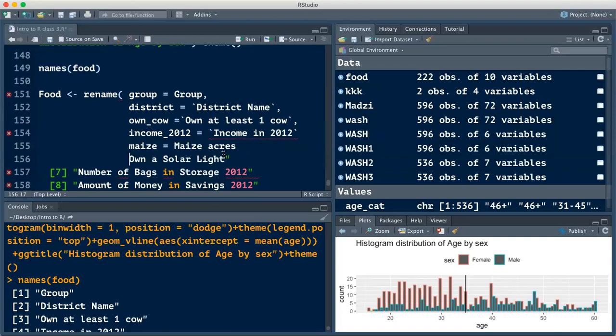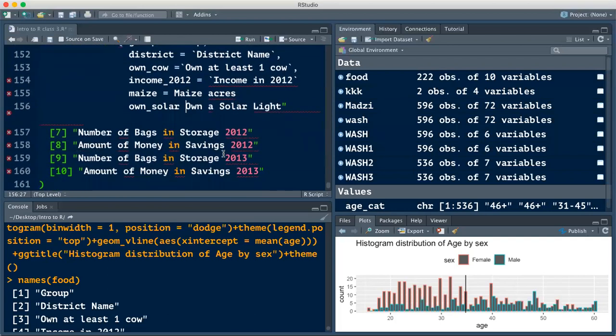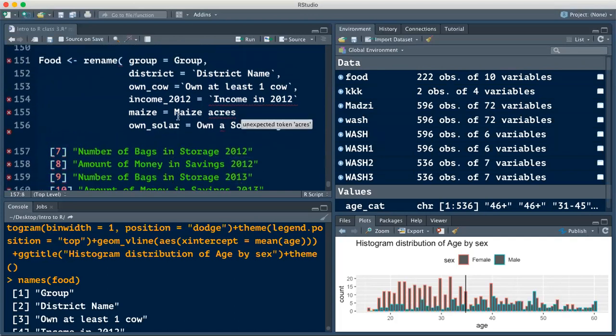Maybe I can put them at the end. This one, I'll just say on solar, equal to, and then